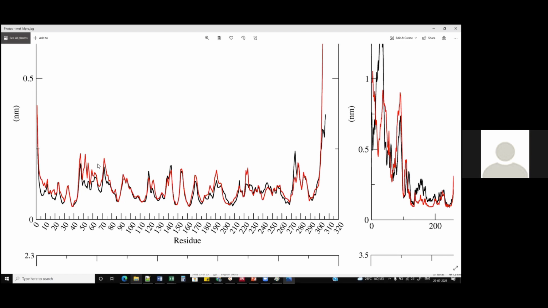Now, if you want to really see the difference, the overall pattern is the same. You can see the same amount of fluctuation is present for this residue in case of apo and protein complex, but there is a difference over here. The black one is for apoprotein and the red one is for protein ligand complex. The difference is very minute in this case, but there is a difference over here. Now you need to really check this residue individually in the PDB file. Is it a residue which is interacting with the ligand, or a part of the active site, or important for the catalytic function of that particular protein? This way you can make some kind of assumption.